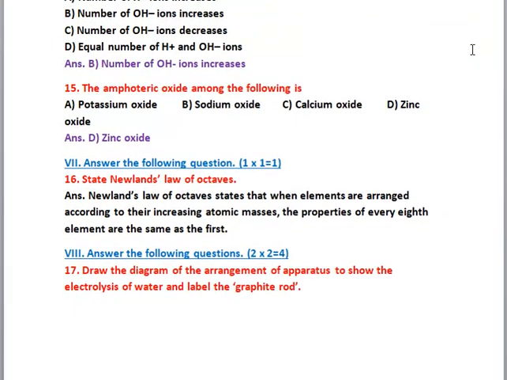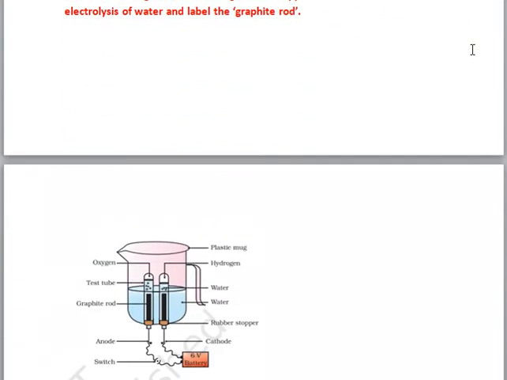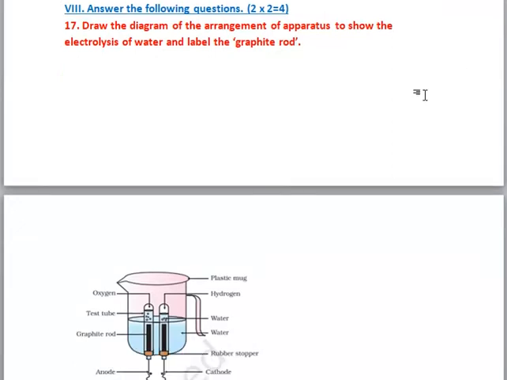Next question, that is 8th main, will be answer the following question. In this, 2 questions are there and each question carries 2 marks. The first question is: draw the diagram of the arrangement of apparatus to show the electrolysis of water and label